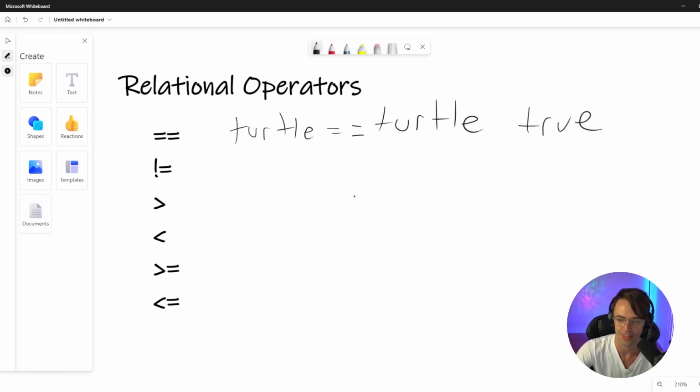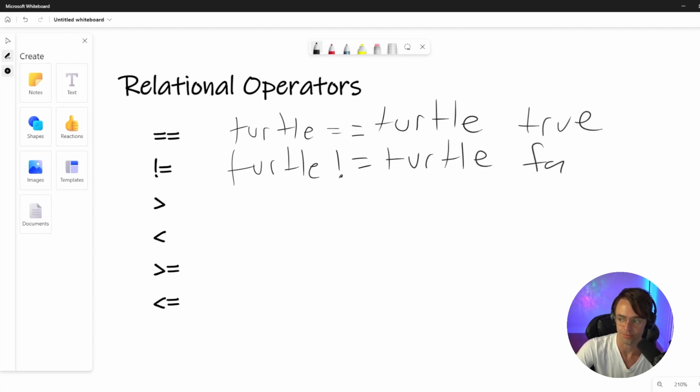They're the exact same thing. It is true. So is turtle not equal to turtle? This is the not equal to. It's false because they are not equal. Now we get into greater than or less than. And whenever you have a greater than or less than, you're going to be comparing numbers. You're not going to be comparing